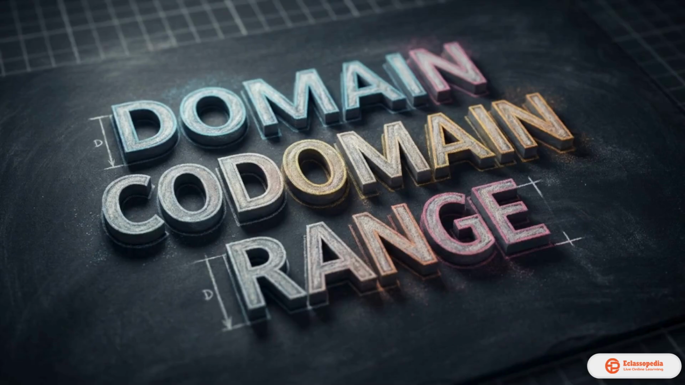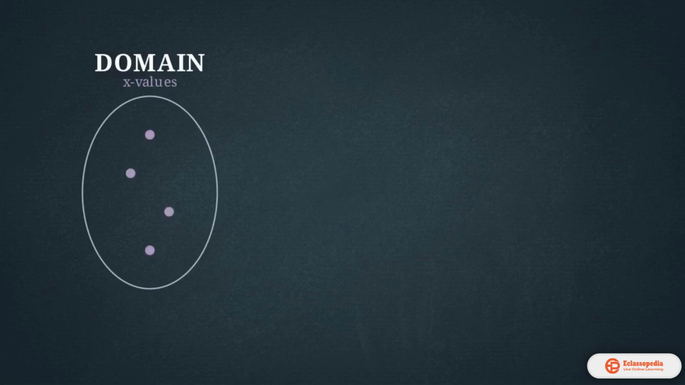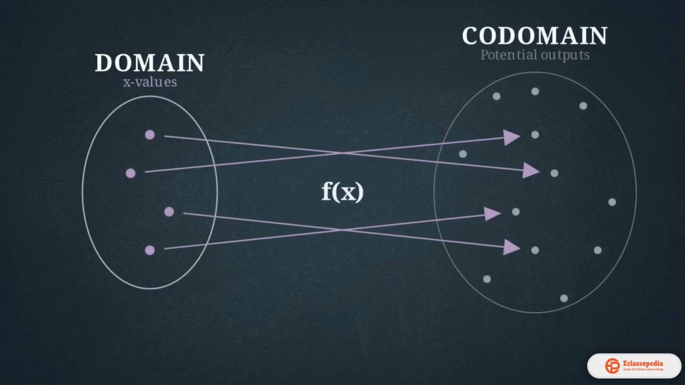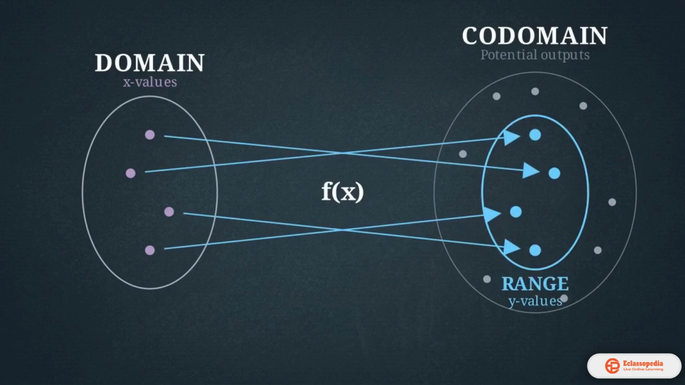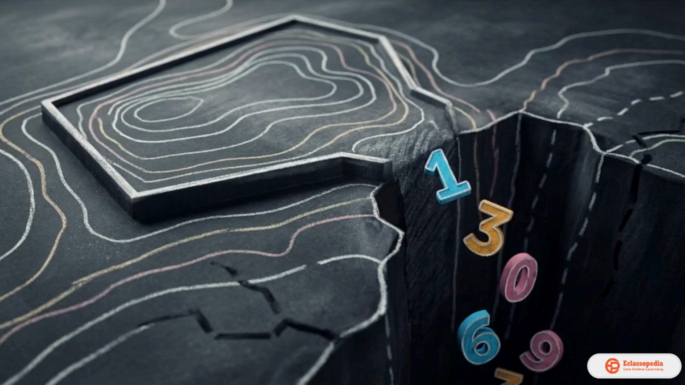We define these boundaries using three foundational terms. First is the domain, the absolute set of all valid input x values. These pass through the function into the codomain, the broad target universe of potential outputs. The smaller footprint of actual y value outputs produced is the range. Because a function requires a defined output for every input, any number that results in a mathematical impossibility effectively falls